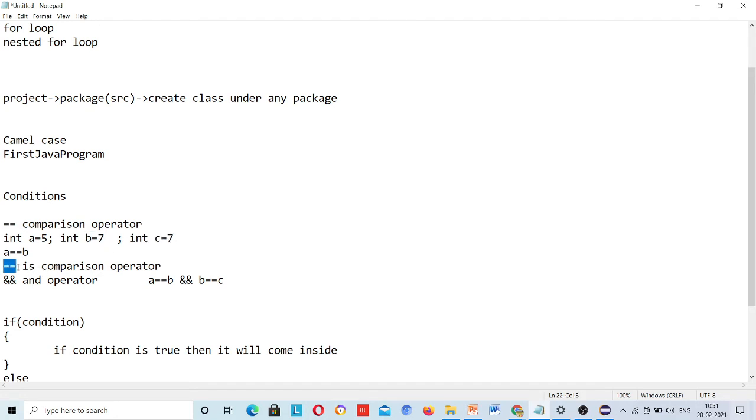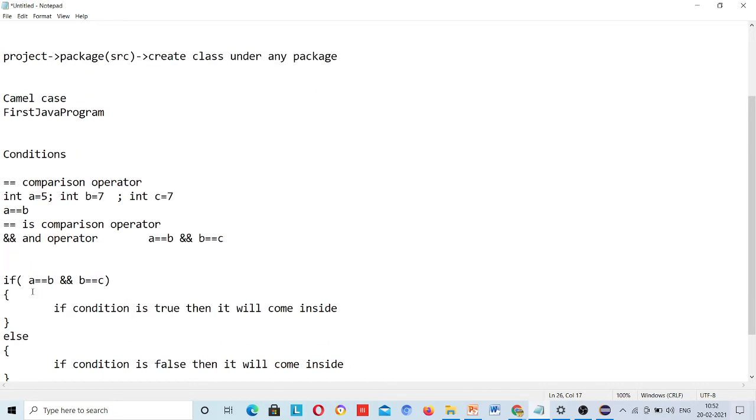Double equals to is a comparison operator. Now I am comparing that a is equal to b. This condition, better to write here to understand.